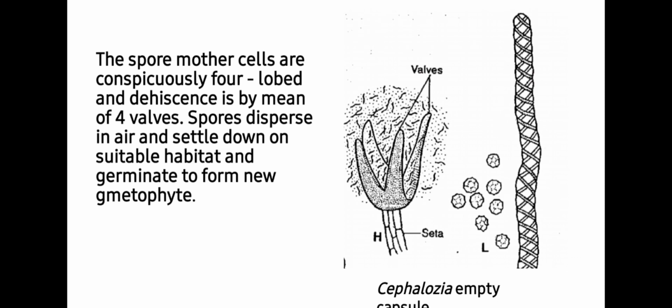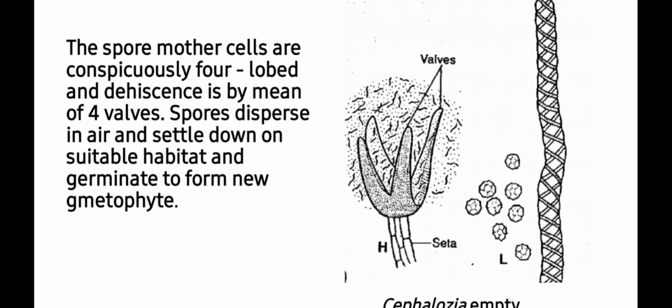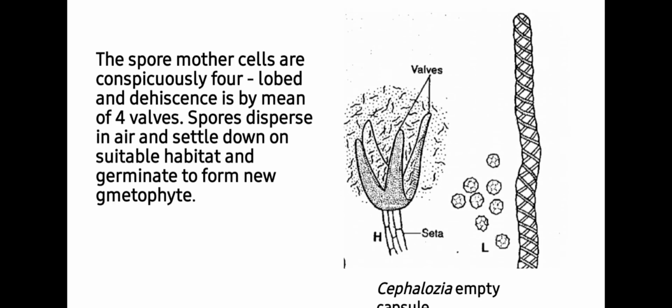The capsule is conspicuously four-lobed, and dehiscence is by means of four valves, as you can see in this image. The spores disperse in the air and settle down on a suitable habitat, where they germinate to form a new gametophyte. So students, that's all about the general account of